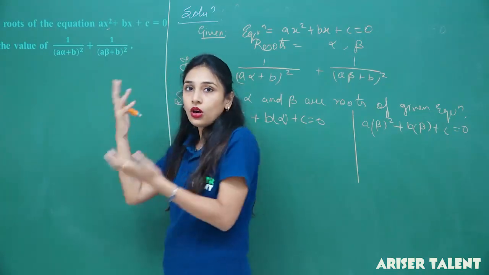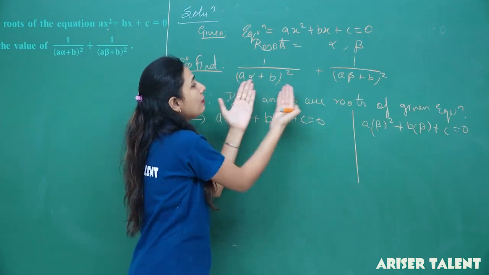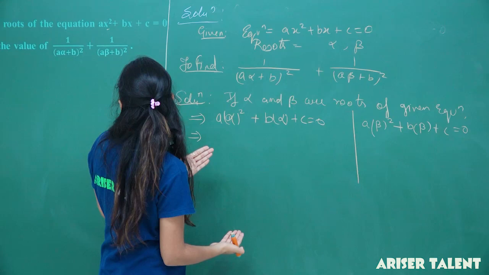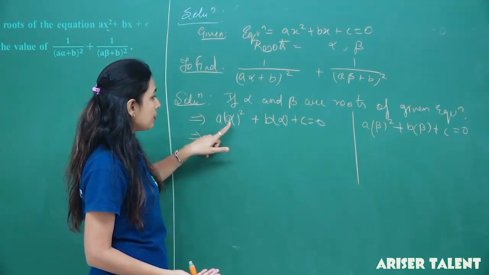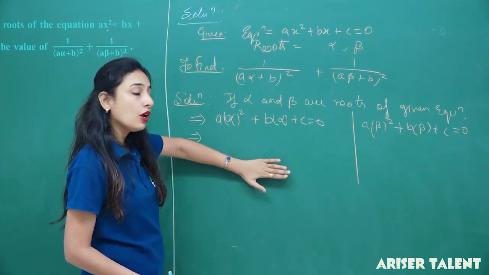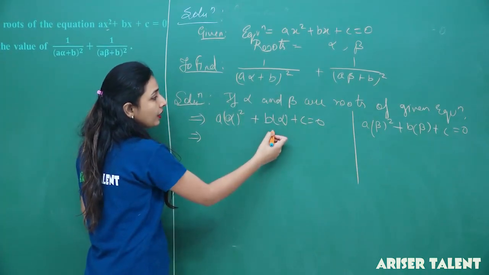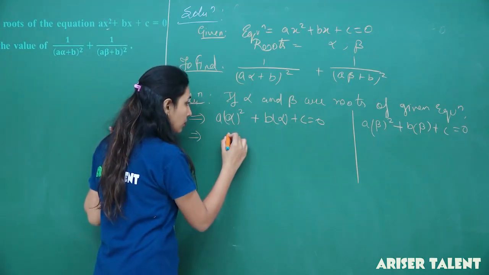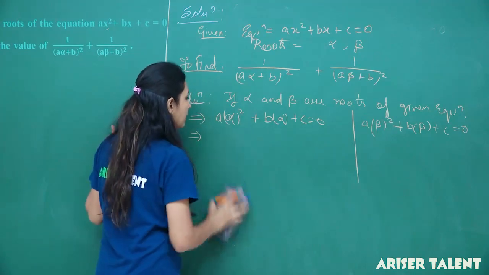this value, or I can say this value here. So I have to know the value of a alpha plus b, right? And a beta plus b, and a alpha plus b. Now a alpha is here, b is here, so I can have this value from this. Okay, so what will I do? A alpha and b. So I can take alpha common, right or wrong? Okay, so by taking alpha common,